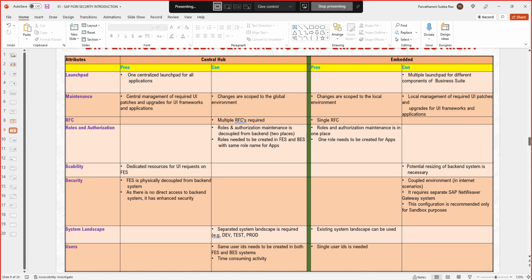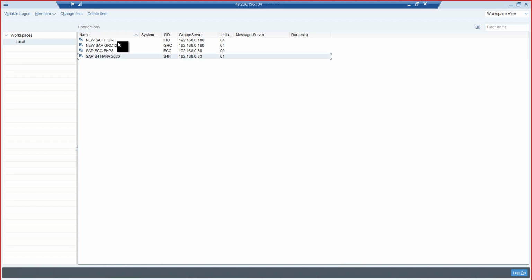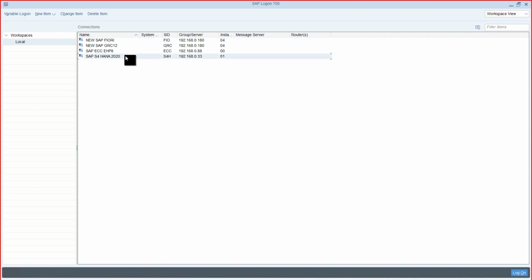See, I have 4 systems here. Let's say S4HANA goes down. This is embedded deployment, and let's assume all of them are embedded. The remaining 3, I can continue to work with, no? But in a central hub,